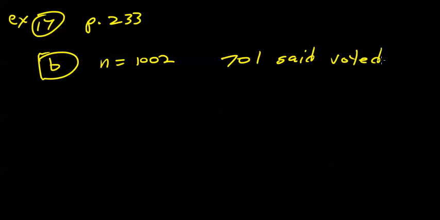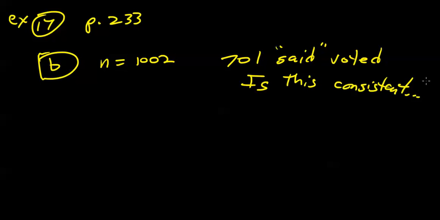Whether they voted or not is another story. The book tells us the actual number of voters is 61%. And the book asks us, is this consistent